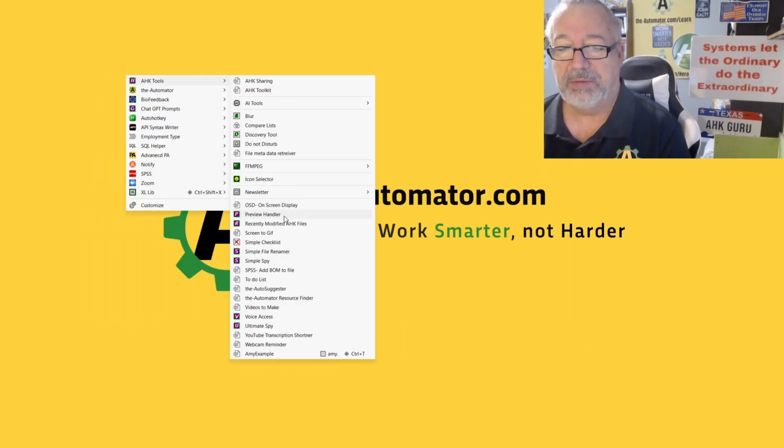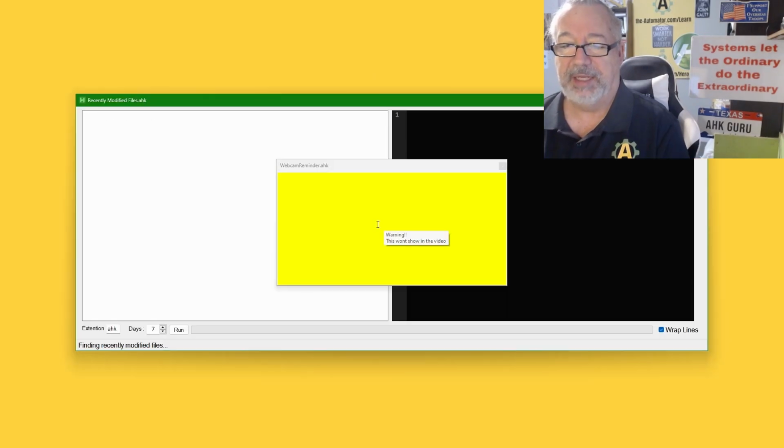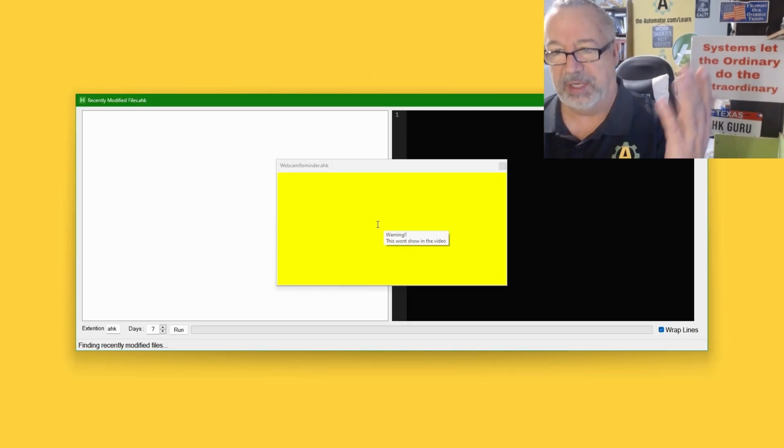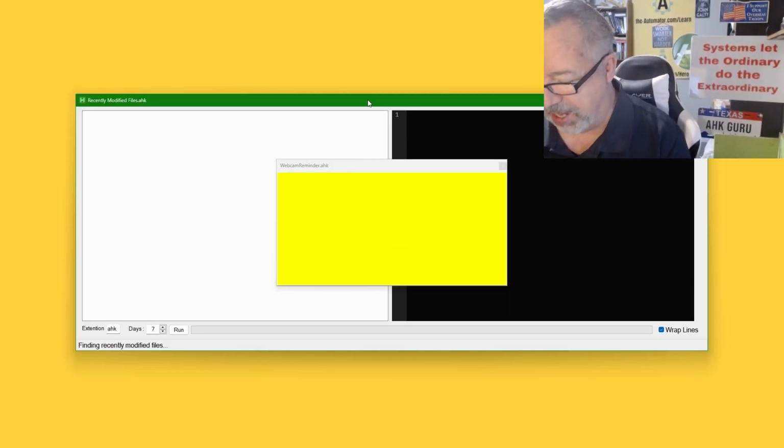So back to Tools, recently modified files. Of course, I could assign a hotkey to do that. So bam, now I don't have to go launch them individually. I'm good at some point. I'll add in my DPI. Let me go ahead and hit my hotkey